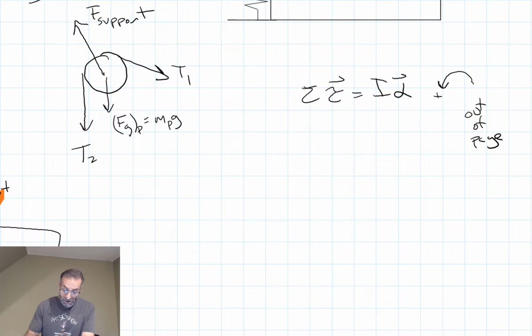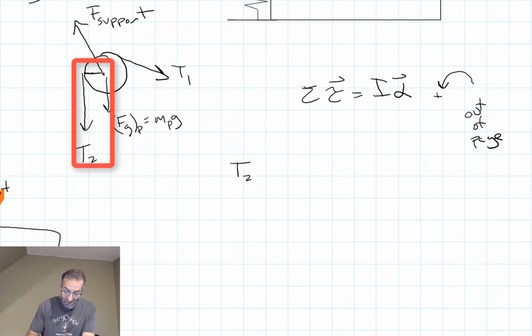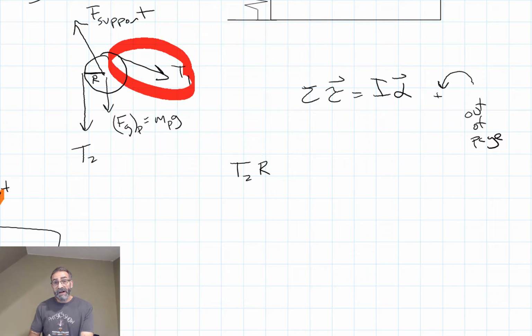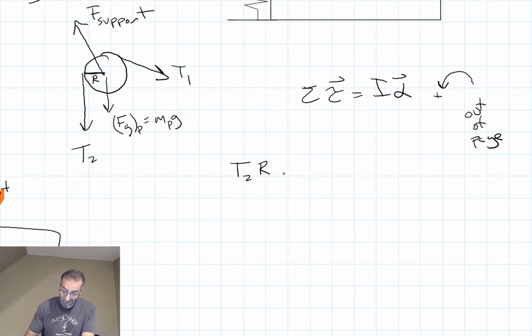What do I have? I've got torque caused by T2. T2 is going to be the force, T2, times its lever arm. And its lever arm is just the radius of the pulley. That's in the positive direction. It's causing this to rotate counterclockwise, or it's causing it to turn with an omega out of the page. Then I've got T1 causing it to turn in the negative direction. So minus T1 is the force times its lever arm, R,